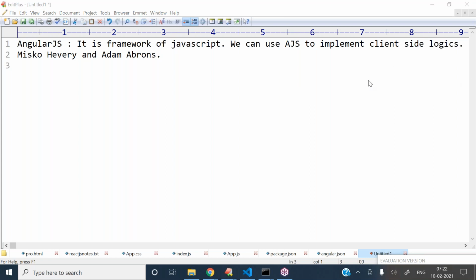Now here the 1.x version is basically introduced in 2010. This 1.x we are calling as AngularJS. But from 2.x onwards it is changed here.